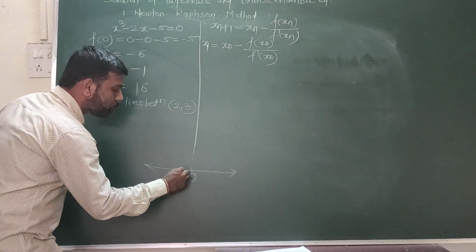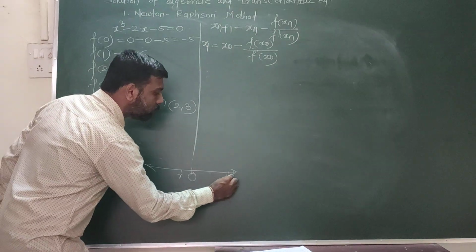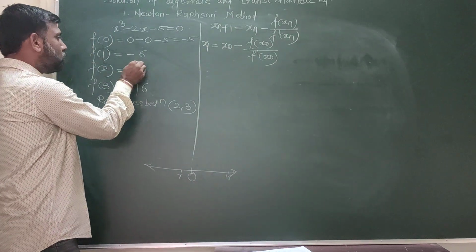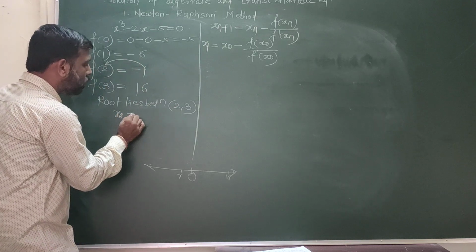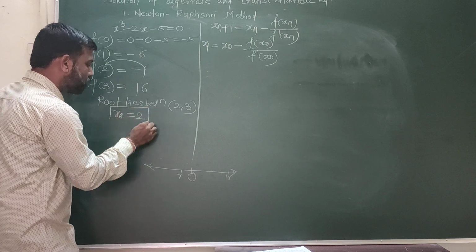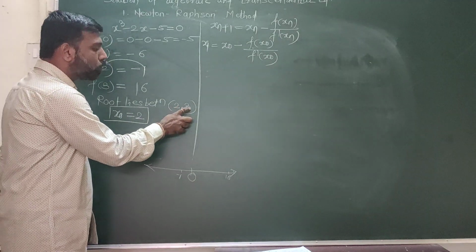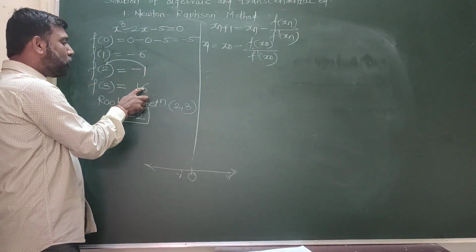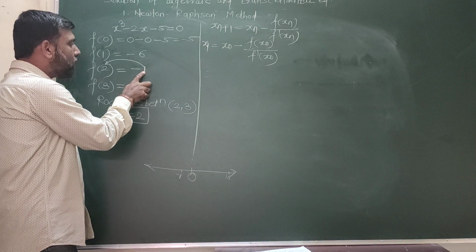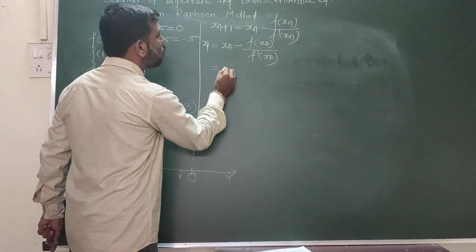minus 1 is nearer to 0 compared to 16. So corresponding to this, we will assume x0 is equal to 2. We can assume x0 is equal to 2 or x0 is equal to 3, but comparing these two values, this value is nearer to 0, so x0 will be assumed to be 2. Substitute in this formula